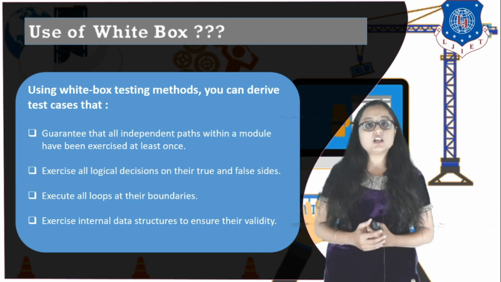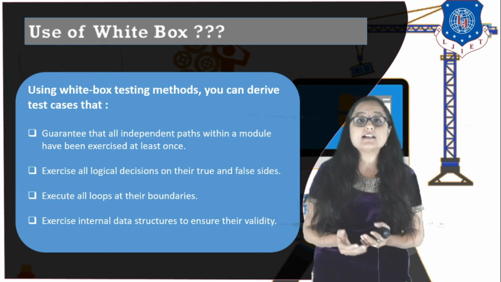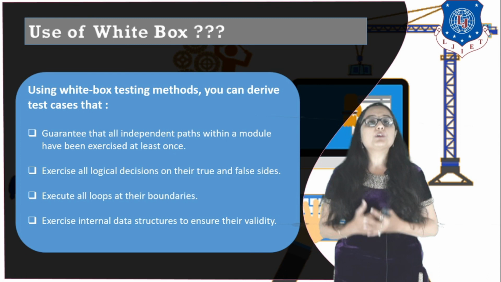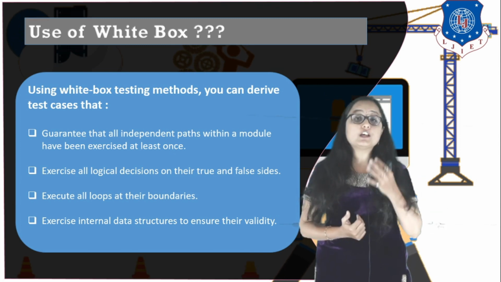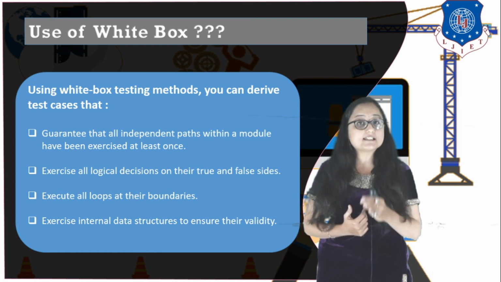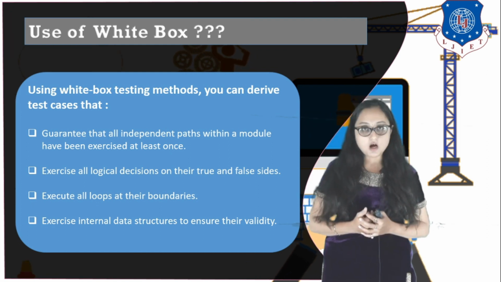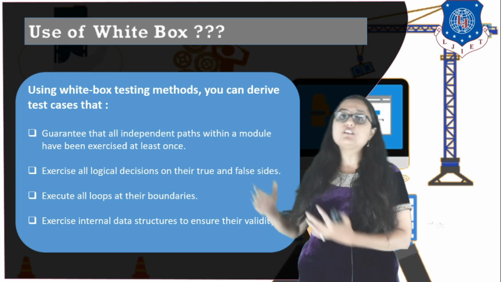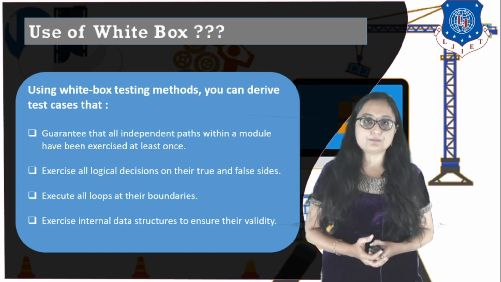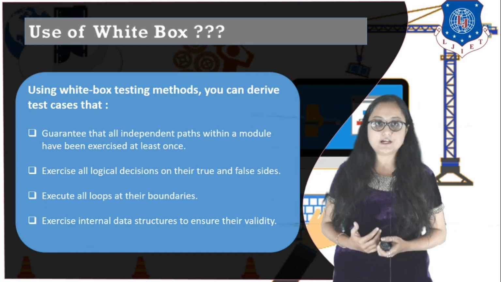And the last thing, as I have already told you, is that we are also concerned about the data structure, because testing local data structures is very important. If the local data structures are not tested while unit testing, then it is a possible bug, right? So all the local data structures are mostly tested when white box testing is performed. So these are the basic uses which are code related testing, right? Now